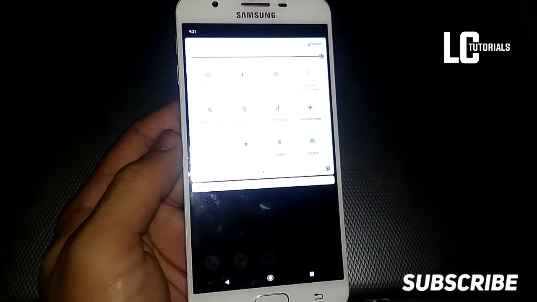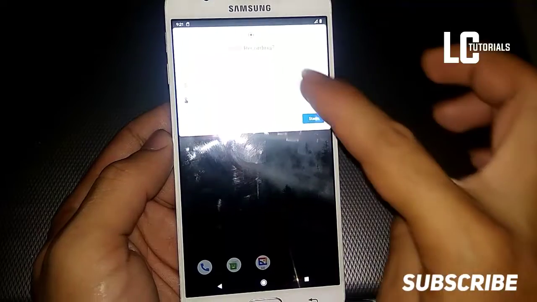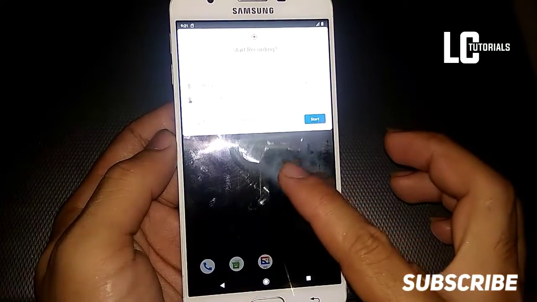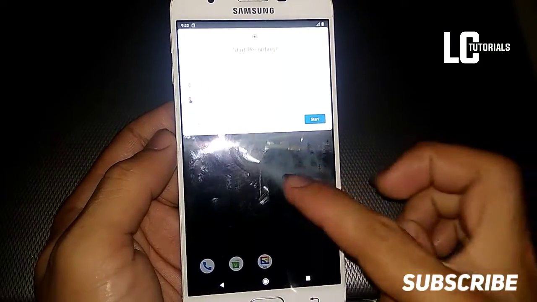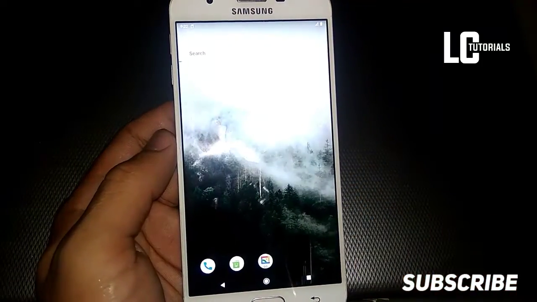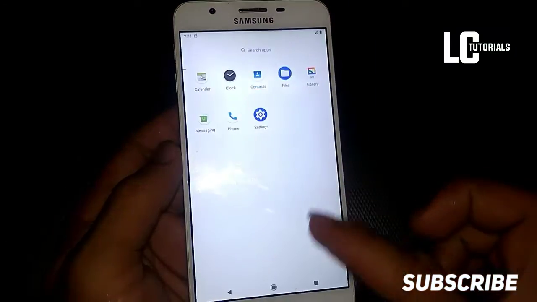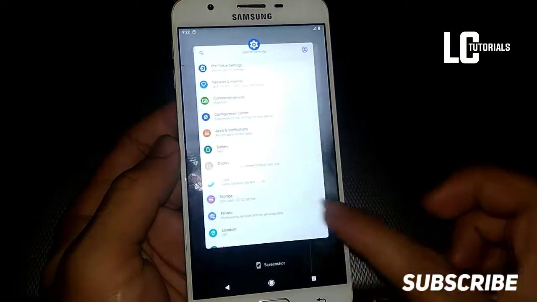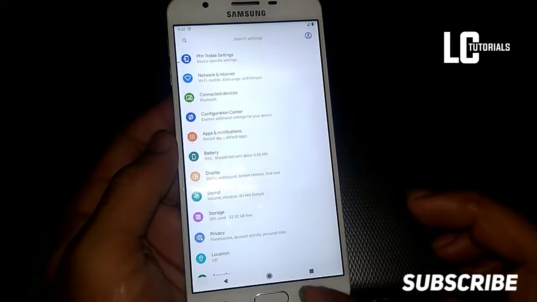And also there is screen recording here, which offers record audio, microphone, device audio, or device audio and microphone, and also show touches. So I think the screen recording is really working in this ROM. And yeah, as you can see, this is now the recent apps in this ROM.